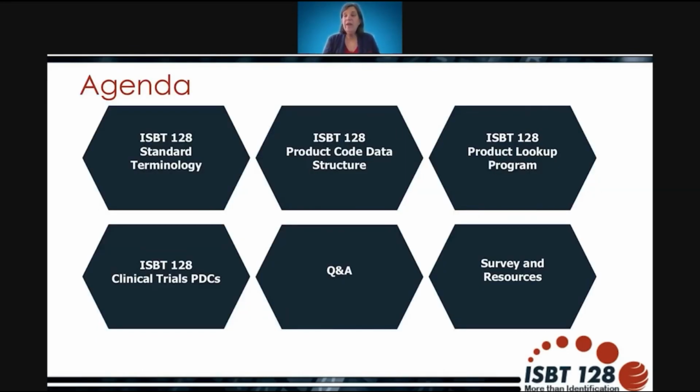So our agenda includes two of our information standards specialists, Ryan Ruiz and Alex Garlets. Ryan will be speaking to us about the ISBT 128 standard terminology and then how that feeds into the ISBT 128 product code data structure. How do those things work together? He'll then be followed by Alex Garlets, who will be describing to us the product lookup program, a handy dandy tool that we have on our website that helps you look for codes that you might need for your business operations